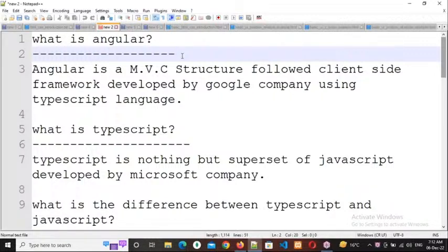Right now, what type of technology is it? Client-side framework. In the software industry, we have 2 types of technologies: client-side technologies and server-side technologies. So what is the difference between client-side technologies and server-side technologies? The major difference is, by using client-side technologies,